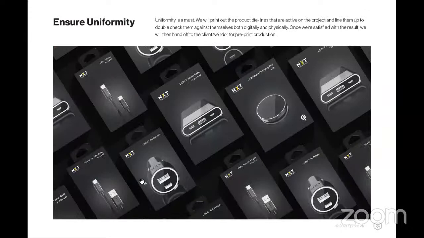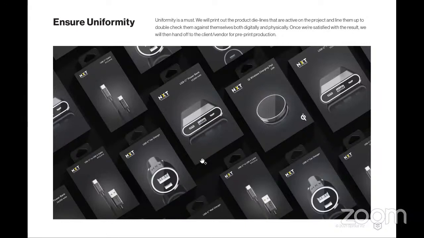And then, and this is a different part of the NXT realm, we'll lay out these packages, both print and on screen, so both digital and physical, and we'll make sure that the gradients are the same across all packages and alignment is all there, so that we hit that standard and nothing falls short. So here you can see the gradient on each of these packages is all the same, all in the same placement. The product is all aligned properly. The NXT is where it's supposed to be. Everything is sized accurately and how it should be on the final print,